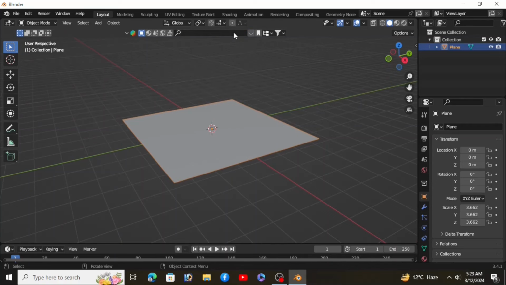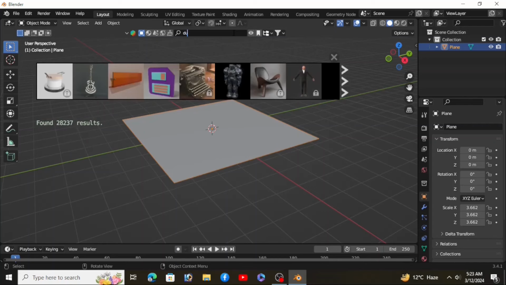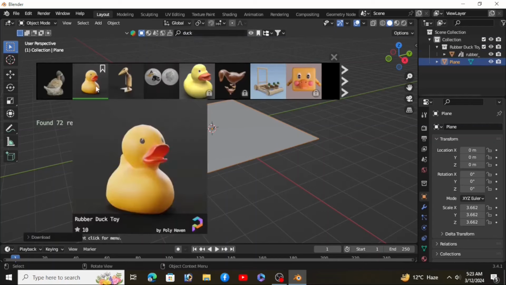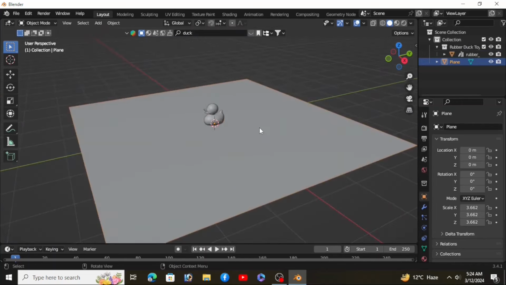Now here I'm using the BlenderKit add-on for models and some textures. So it doesn't matter if you want to use BlenderKit or another add-on, you can download models from Google. Okay, so let's add a duck to the scene. So now let's go to the